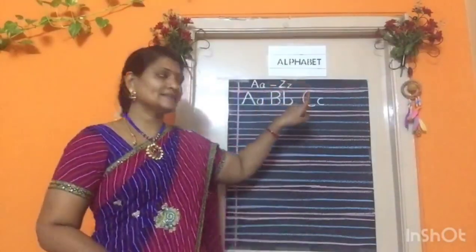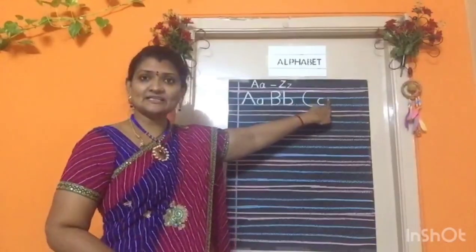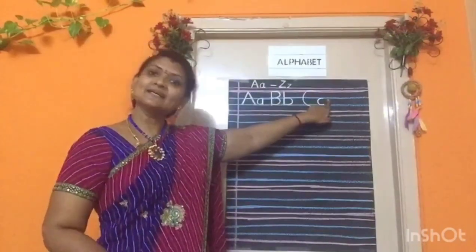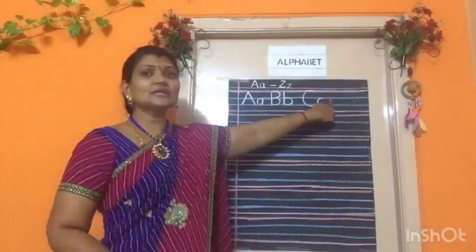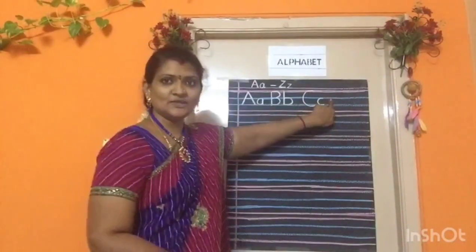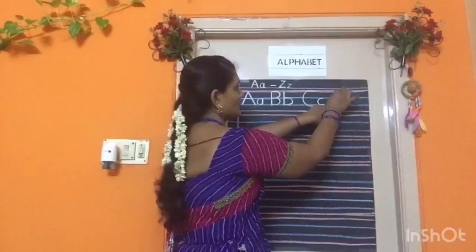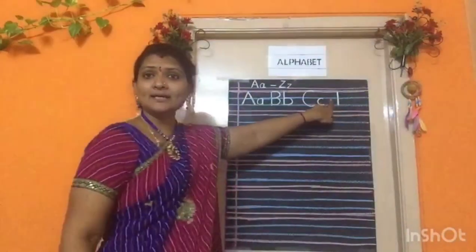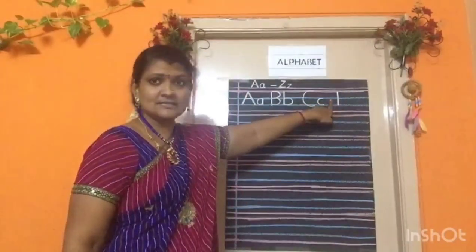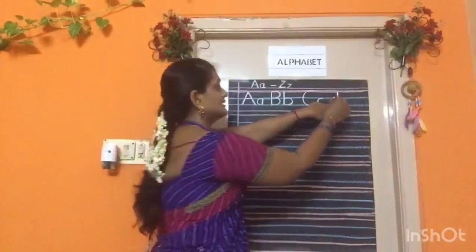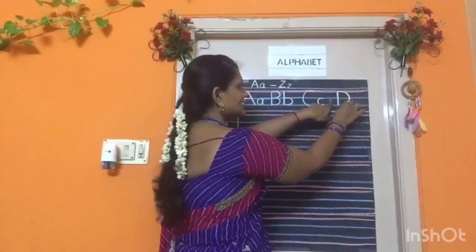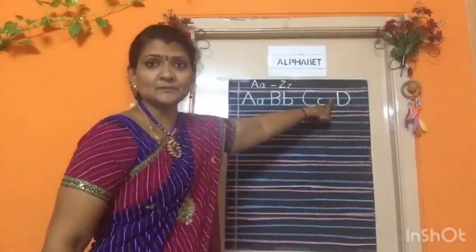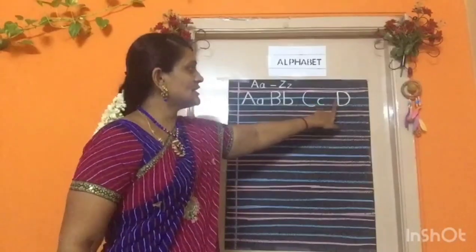Now again, give the finger space after small c. Write the capital D. After your finger, you are going to write. Okay, children? Vertical line from pink line to blue line, second blue line, that is. Then right curve from pink line to blue line. These two are first blue line, second blue line.